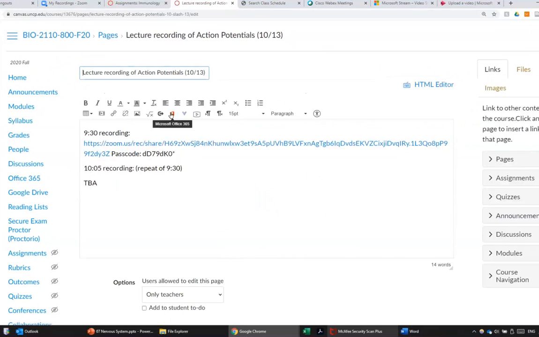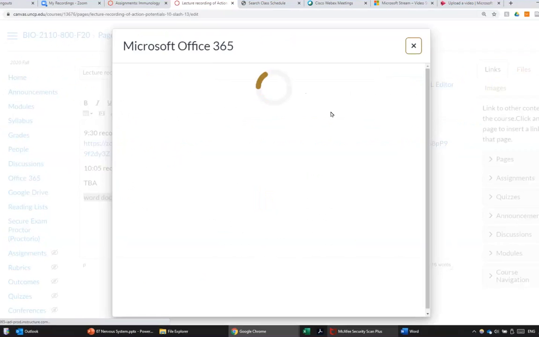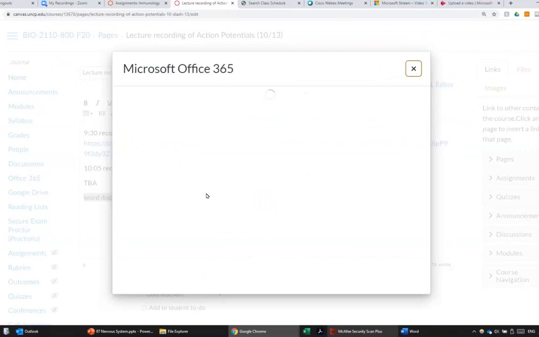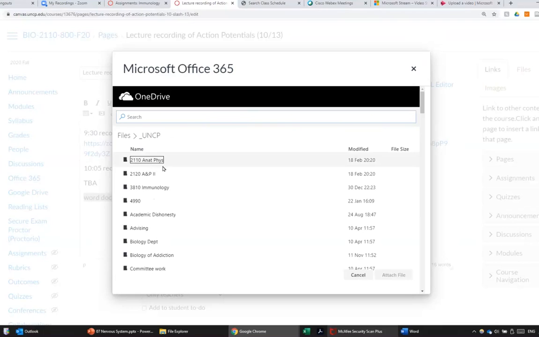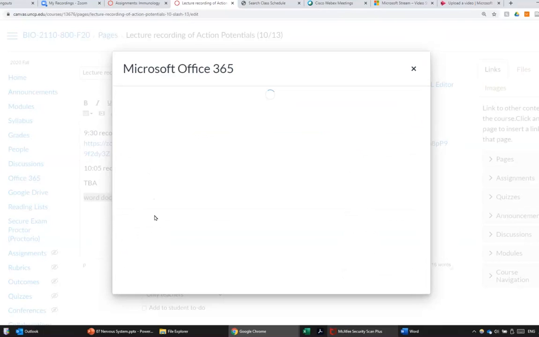And then let's say I add a file. I want them to be able to access a Word document, and I link it in like this. So this will take me into my cloud files. And then if I select a Word document like this,